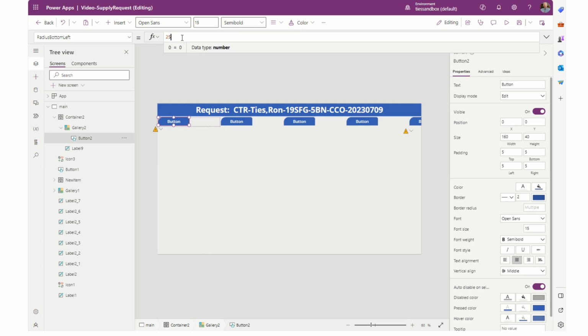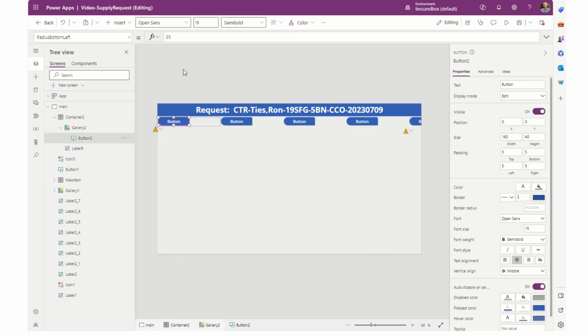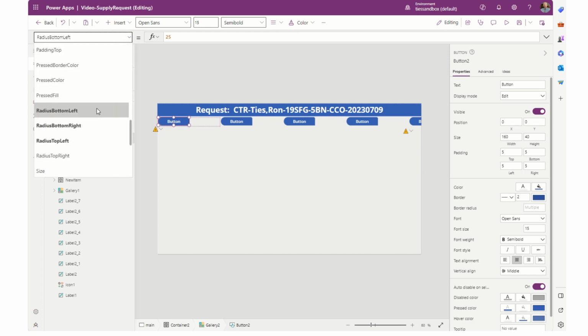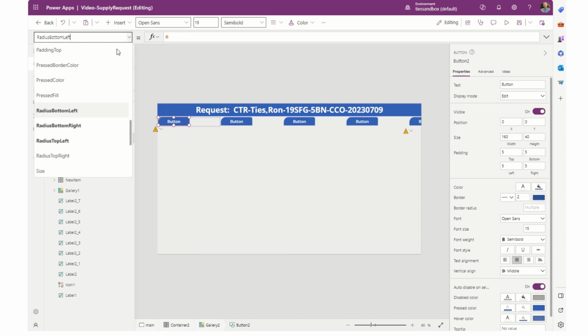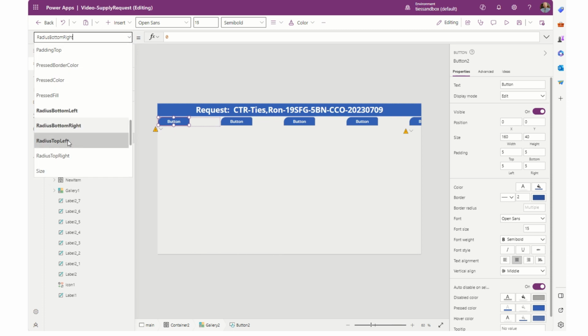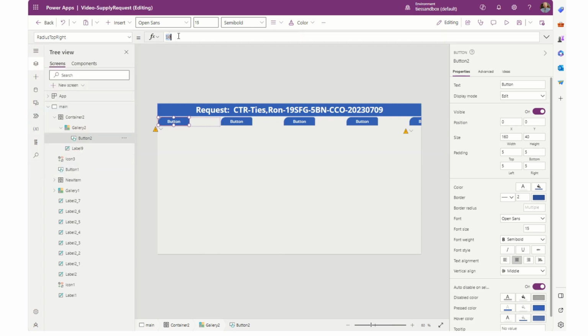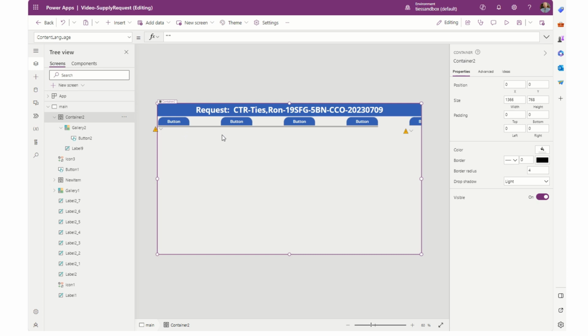To give us a rounded effect at the top. Okay, that doesn't look right. What did I do? Okay, bottom left, 0. Bottom right should be 0, which it is. Top left, oh, it's top right I didn't change. Now if you look at it, you can see how it's squared at the bottom, so it's rounded at the